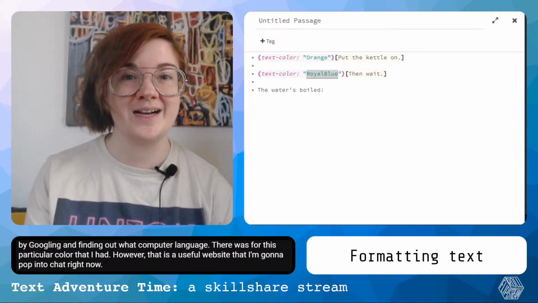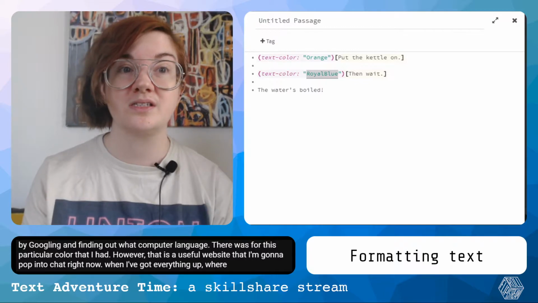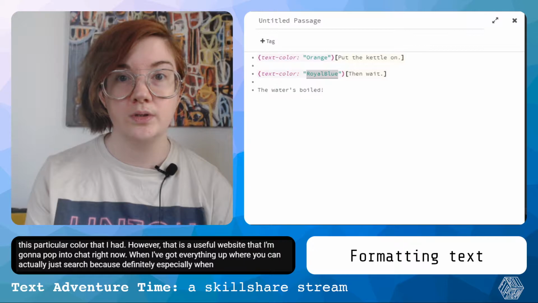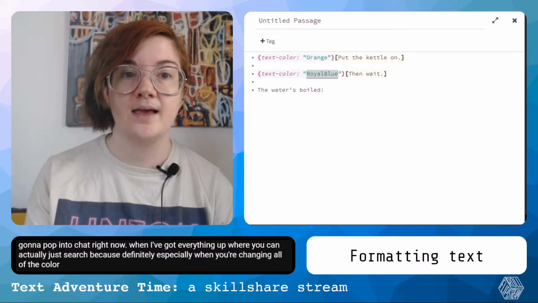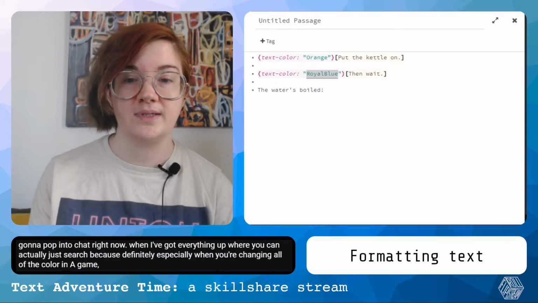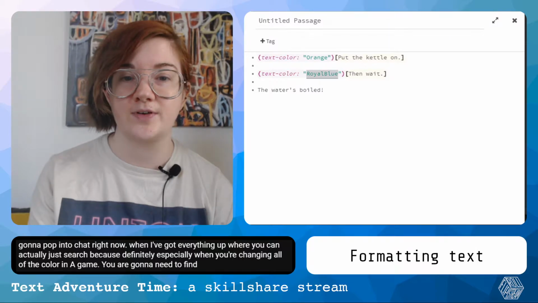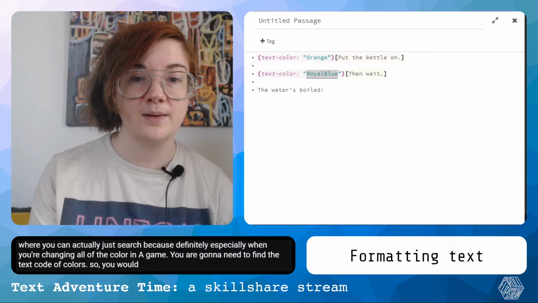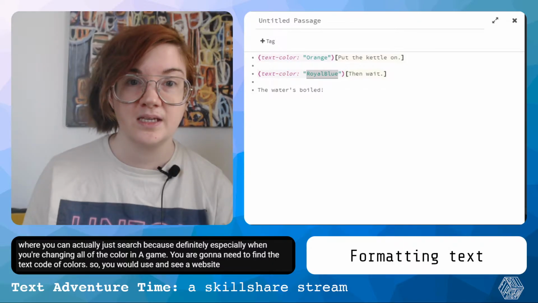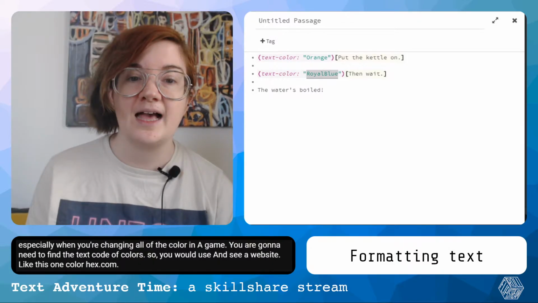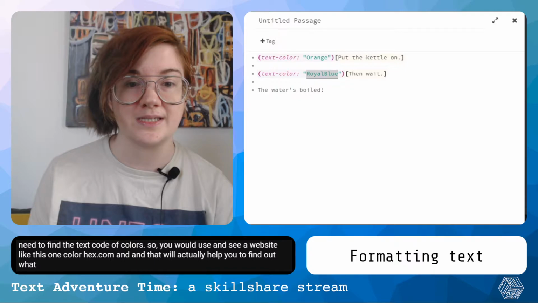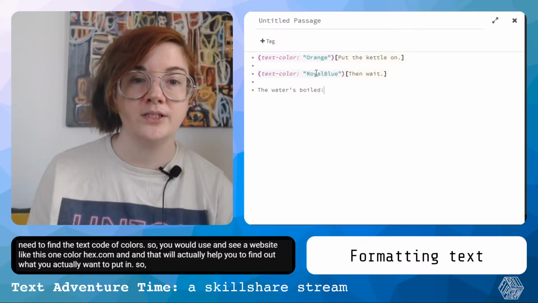When I've got everything up, where you can actually just search, because especially when you're changing all of the color in a game, you are going to need to find the text code of colors. So you would potentially use a website like colorhex.com, and that will help you to find out what you actually want to put in. So we've got orange, we've got royal blue,